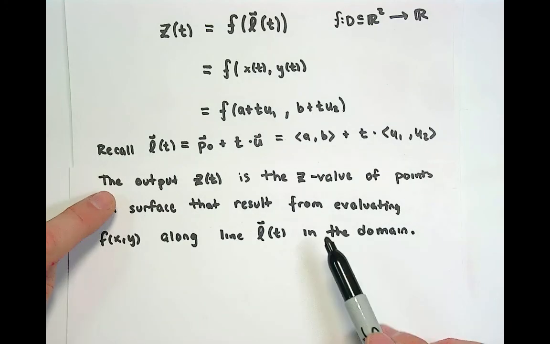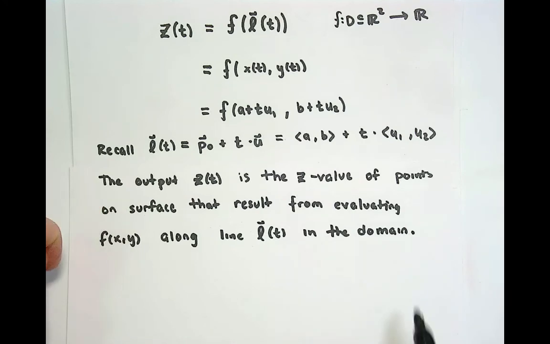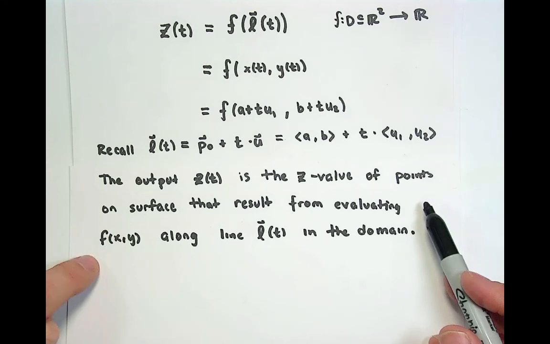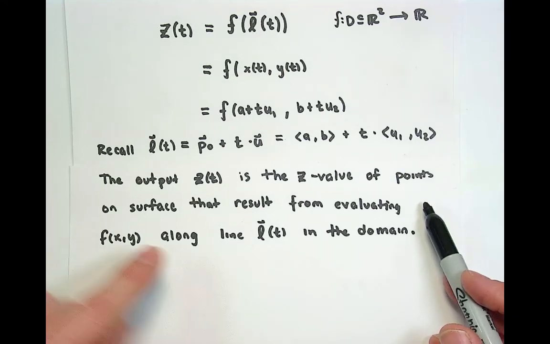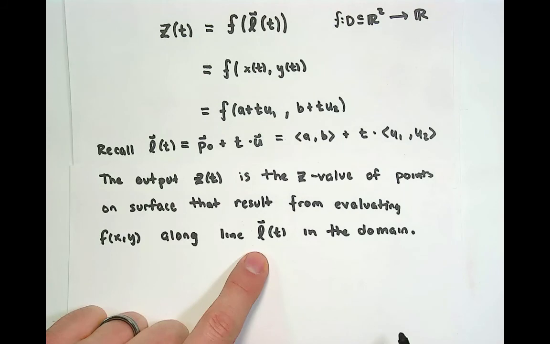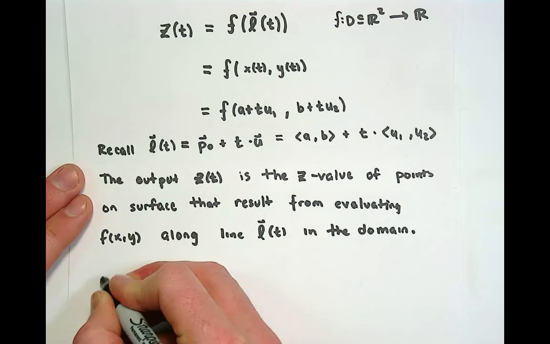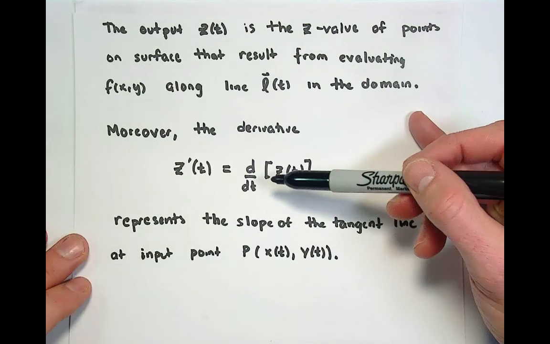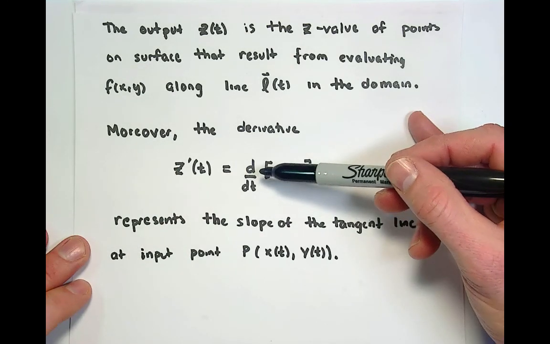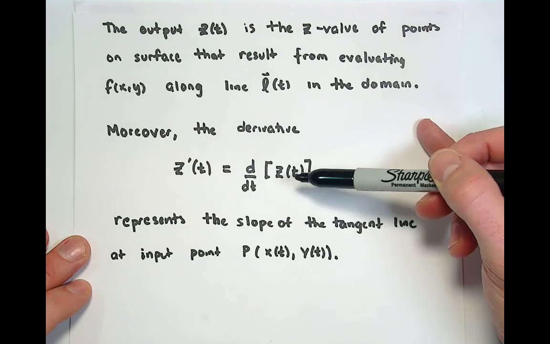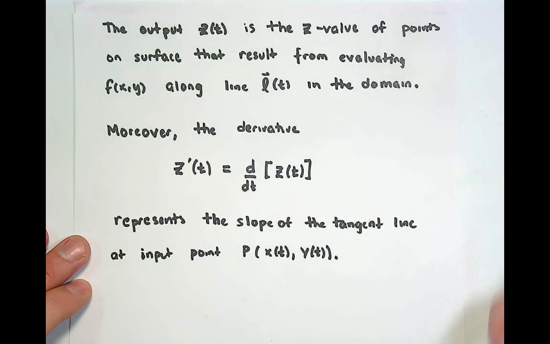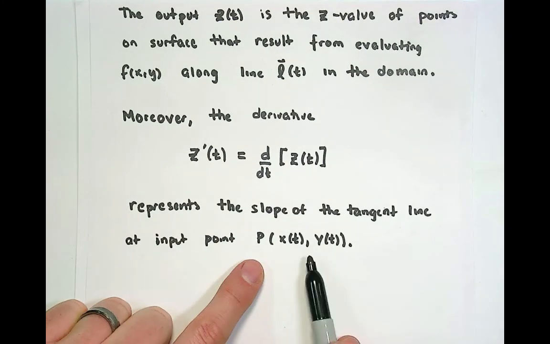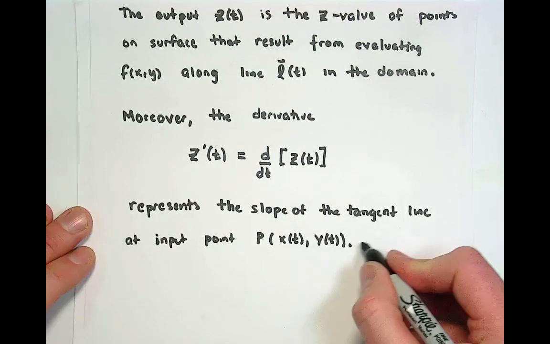The output of the single variable function z of t is the z value of points along the surface that result from evaluating our function f of x y along the line L of t in the domain. Moreover, the derivative z prime of t, which is the ordinary derivative of the function z of t with respect to the parameter t, represents the slope of the tangent line at an input point x of t comma y of t along the line